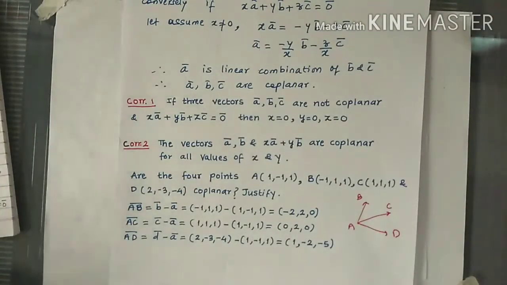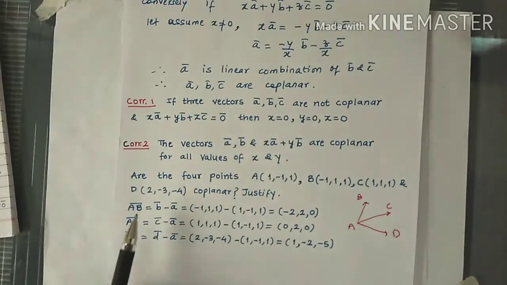So if we don't take A common, then those vectors may lie in parallel planes, but that is not the case, as A is common. All the 4 points lie in the same plane. So that's why we have to take a common point A. So remember that. Whenever we have to prove 4 points coplanar, we have to take a common point. You can take any point common. So here I have taken A as the common point, AB bar, AC bar and AD bar.